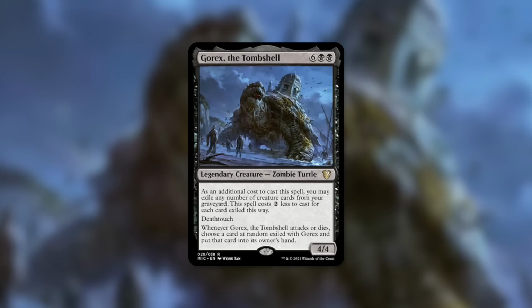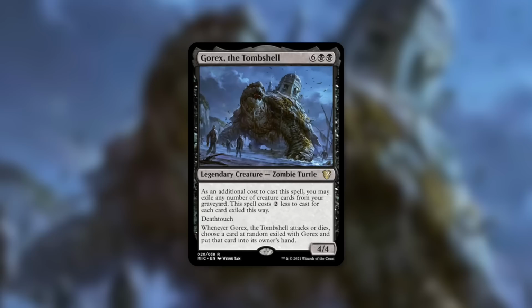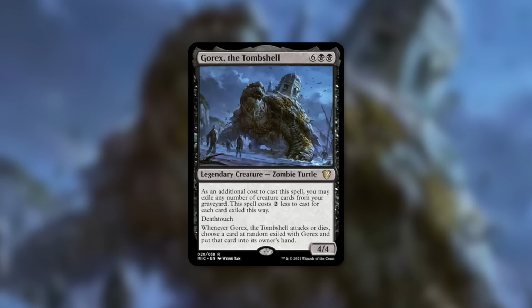And then whenever Gorax the Tomb Shell attacks or dies, choose a card at random exiled with Gorax, and put that card into its owner's hand. So with enough creature cards in your graveyard, you can essentially keep casting this for 2 mana, even counting commander tax into the equation. Now that's pretty cool and could be pretty powerful, except for the lackluster application of that,